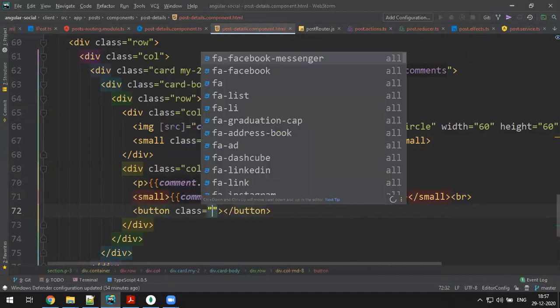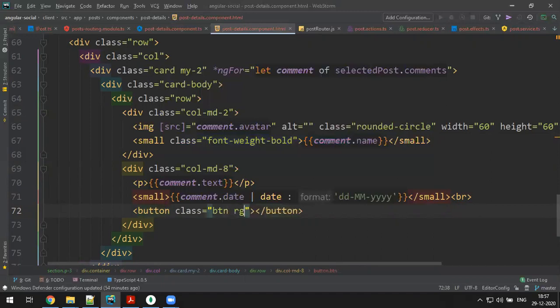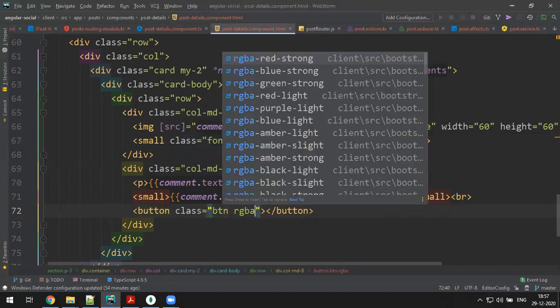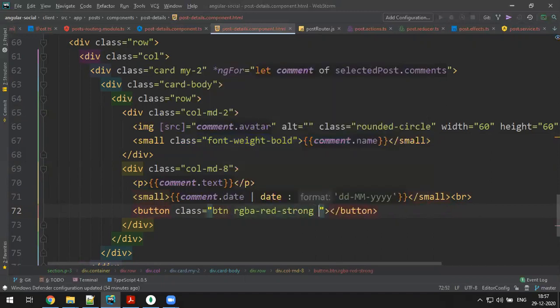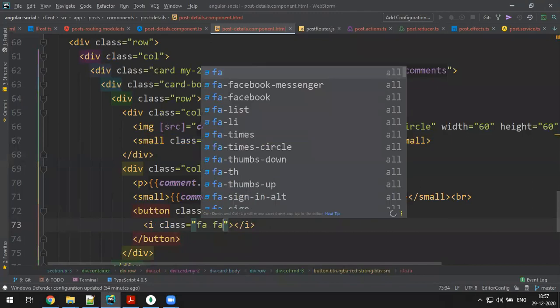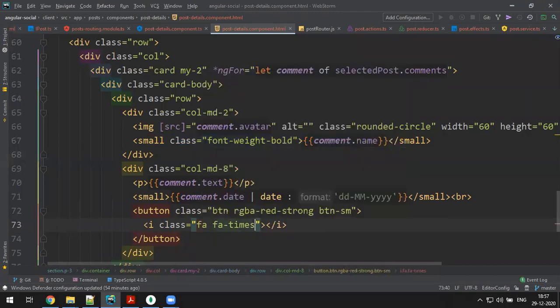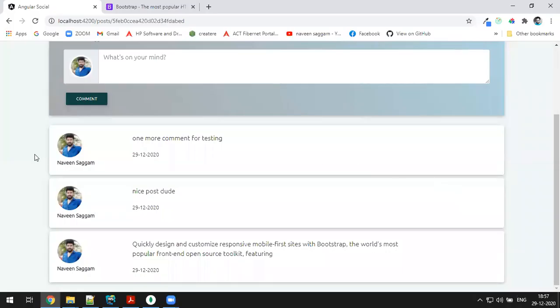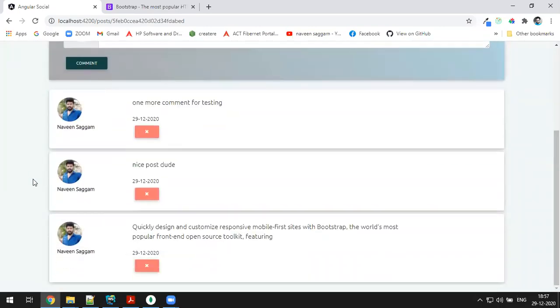Class btn, let's say rgba red strong btn minus sm. Let's say delete. Let's say cross symbol. I tag the class fa minus times, the cross symbol. Okay, you get a cross symbol.